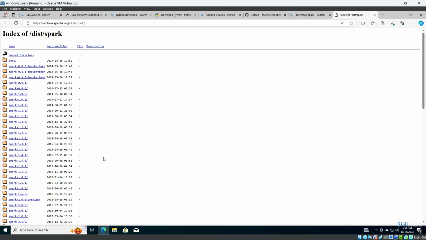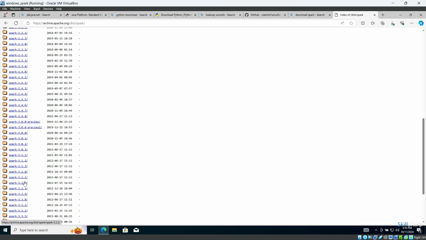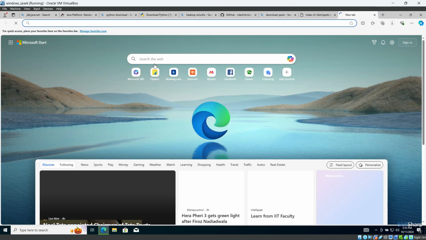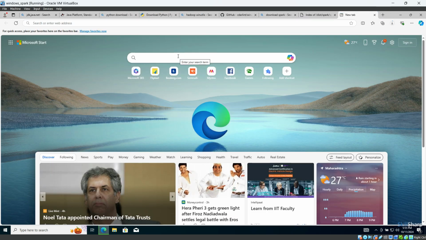So I am going here in the release note archives. Okay, here we will download the Spark 3.2.1 that is released on 17th June 2022. I am going to download the Spark 3.2.1 Hadoop 3.2. Okay, one more important thing is we need WinRar. So let's download the